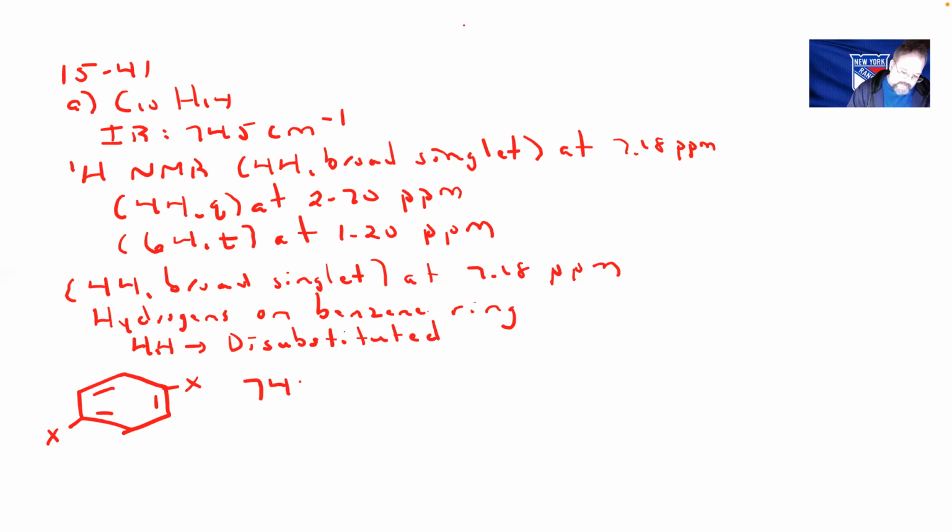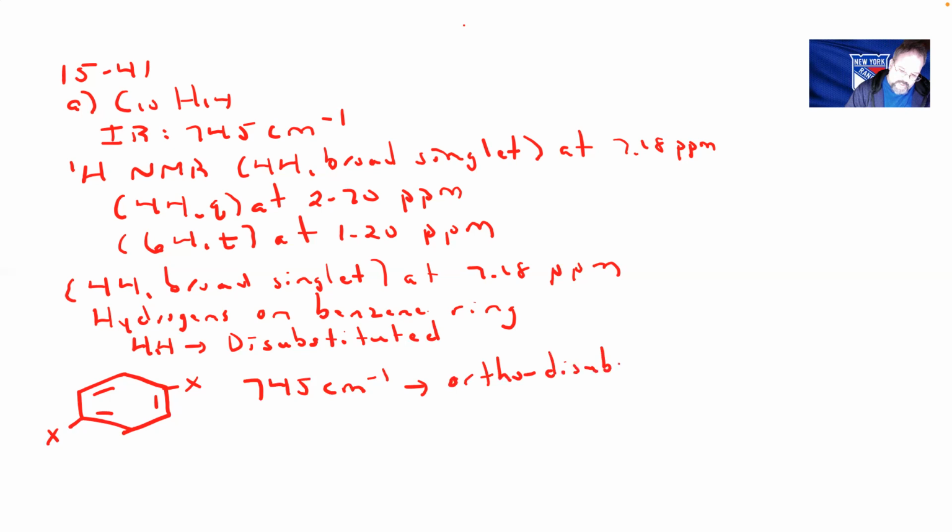However, the other piece of information that we can't ignore is the peak at around 745 inverse centimeters. If it was truly para di-substituted, you would have, in the fingerprint region, a single peak in the range of 810 to about 840 inverse centimeters. We don't have that here. We have a single peak in the range of 735 to 770,